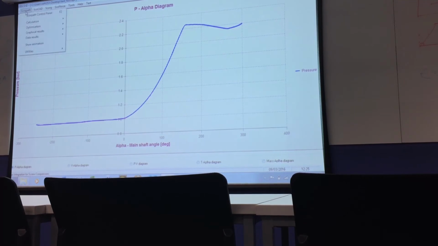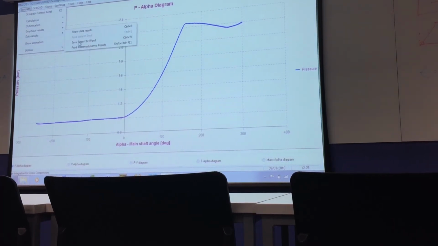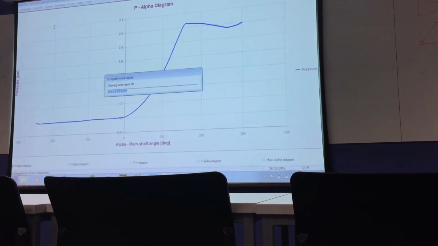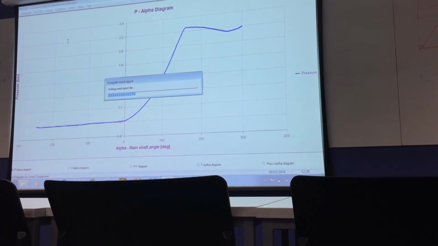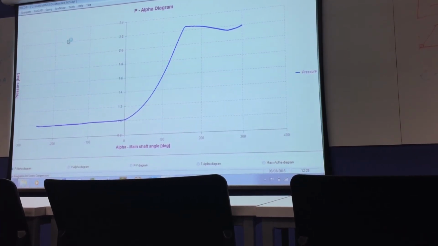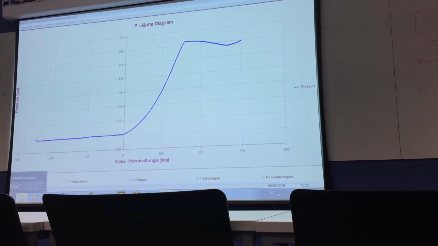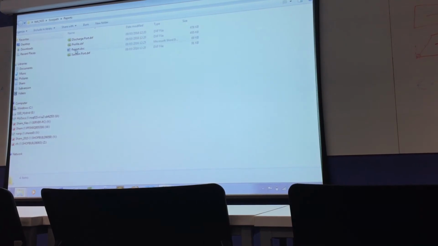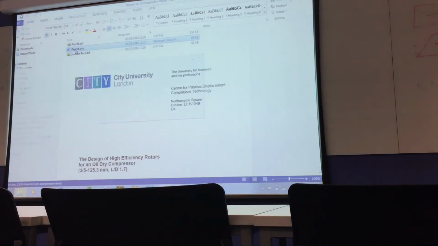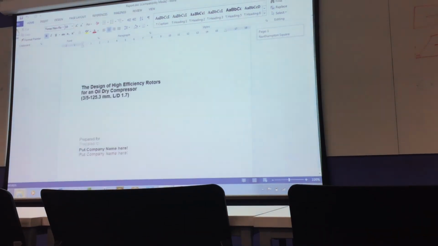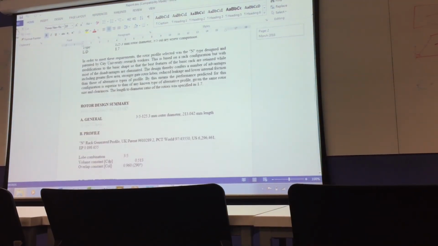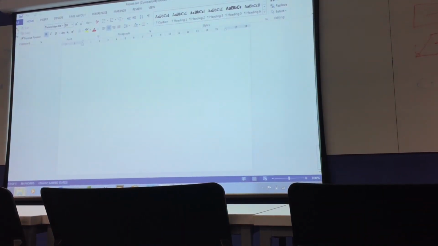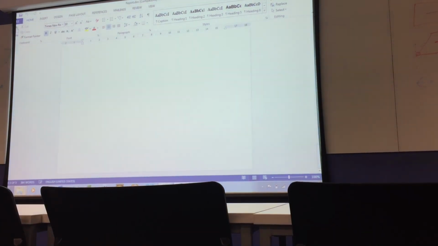And if you go to score path, data results, save report to Word. Then in the score path folder of reports, you will have this report file, which will have the basic information required. You can extend this report by putting your experimental plots, your performance curves there.